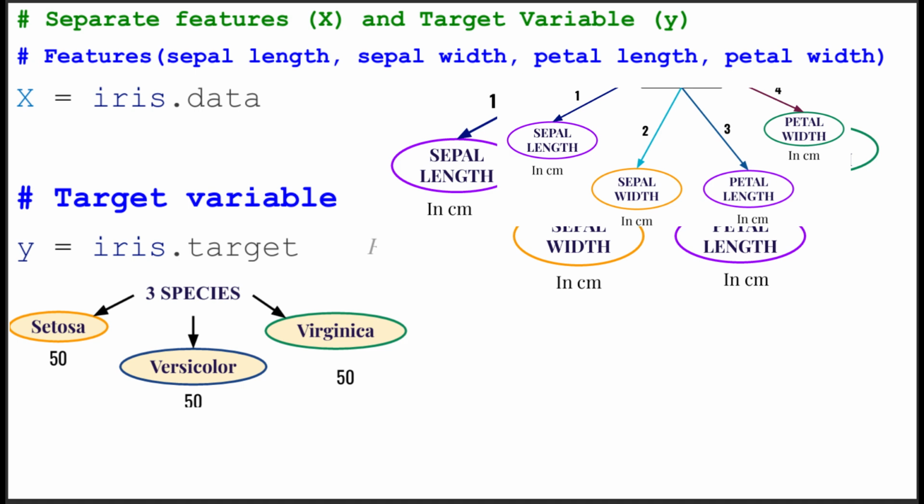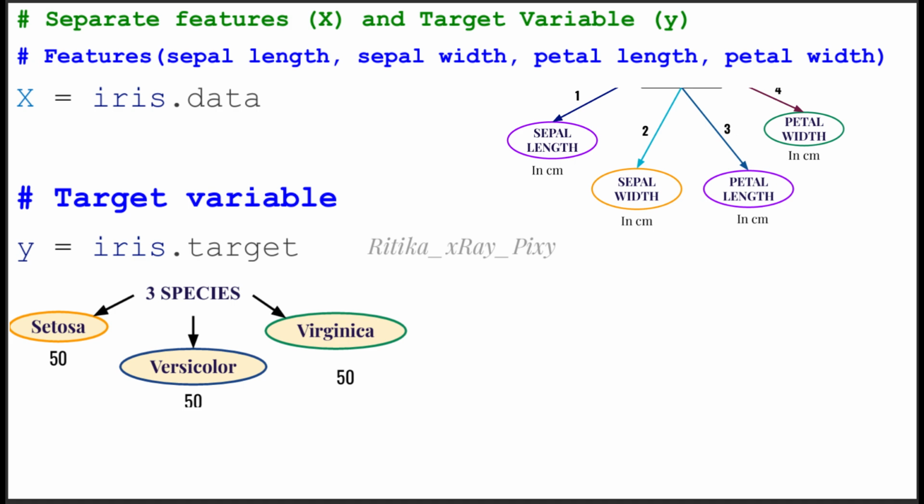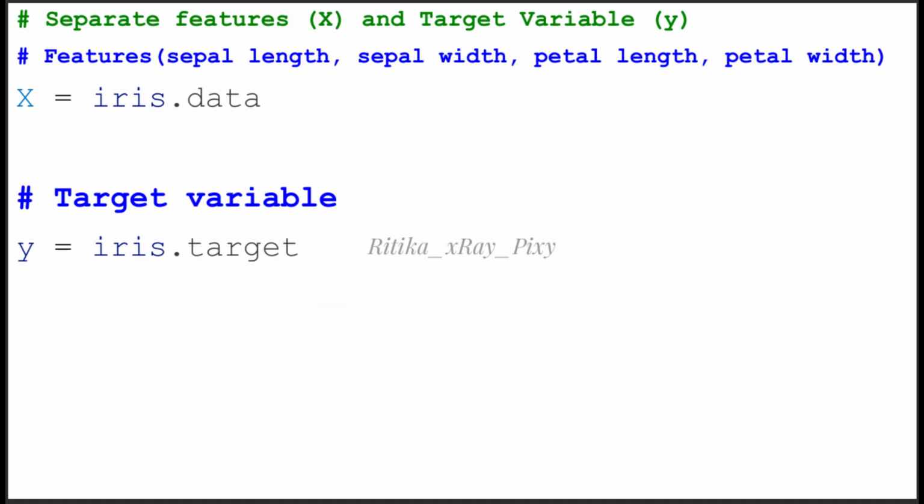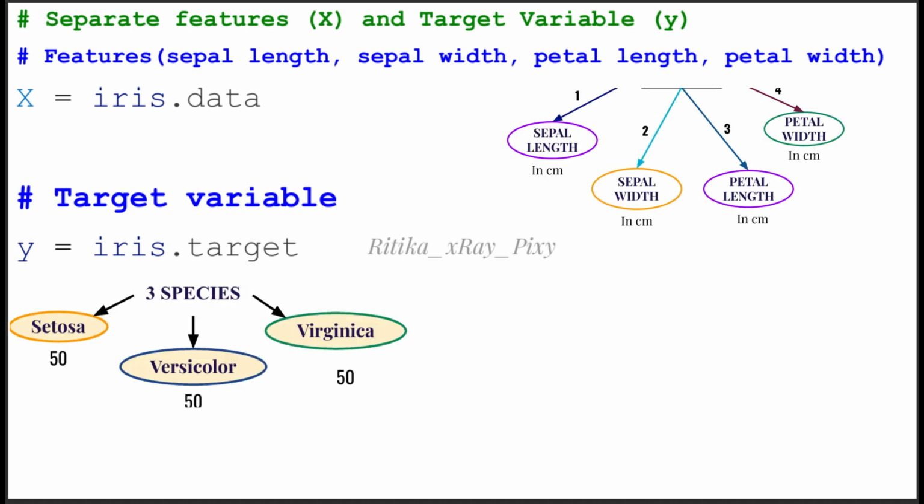We will separate the loaded dataset into 2 parts. So here we have X and Y. X holds the features, that is here the flower measurements like sepal length, sepal width, petal length, petal width. Then we have Y, that is used to store the target variable, which is the classification of the flower species, whether it is Iris setosa, versicolor or virginica. So here X is used to hold the features and Y is used to hold the species.